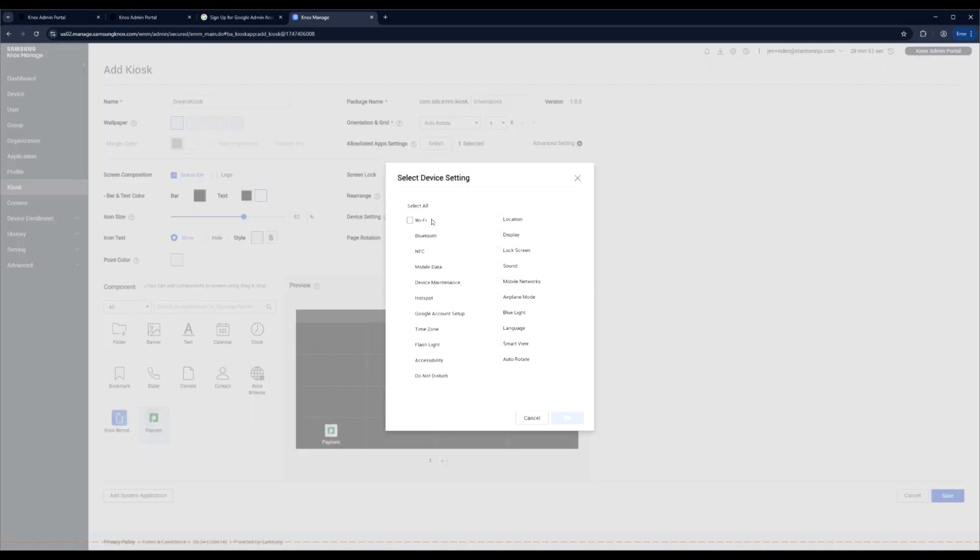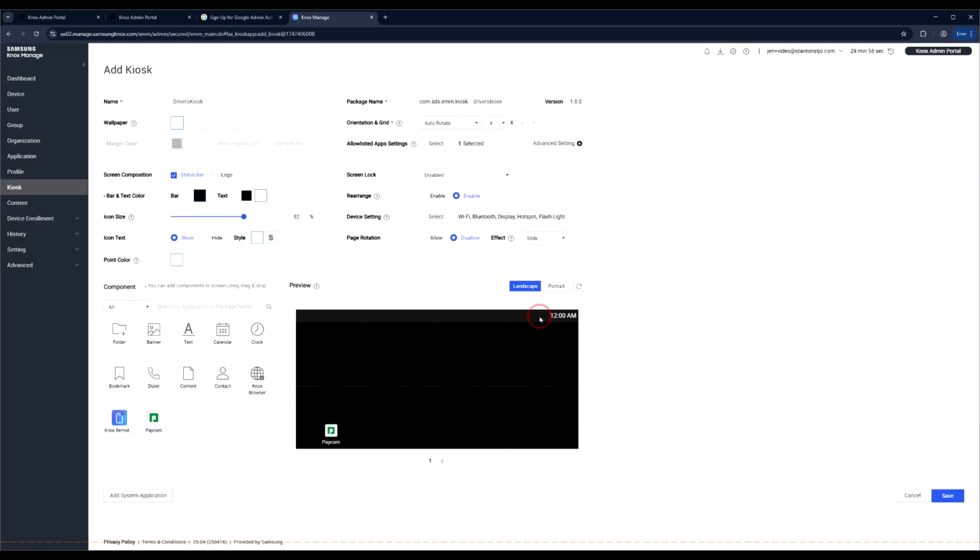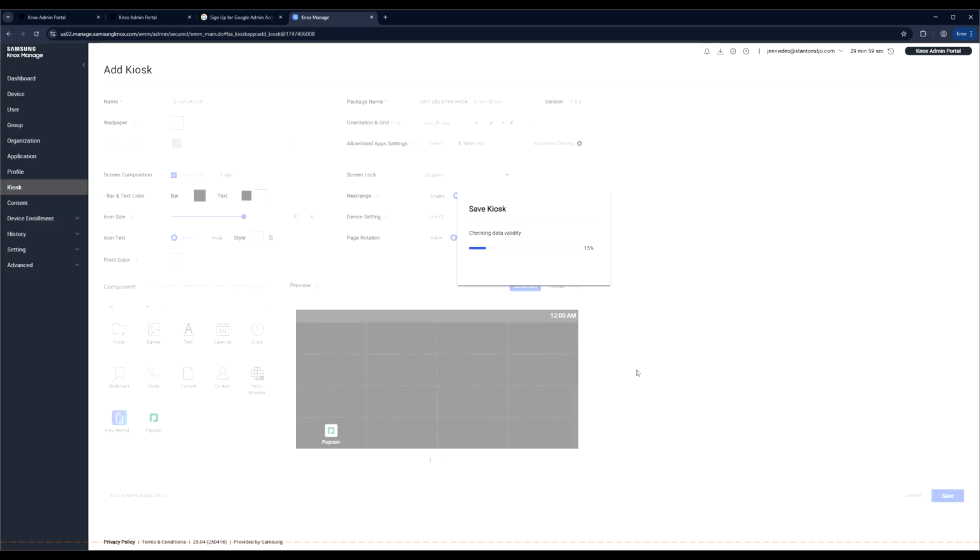I can choose which settings my users have access to. So I want to give them access to things like flashlight and Bluetooth and Wi-Fi, but I don't want to give them access to turn on and off location, so I'm going to lock that down. I think that's probably good. I don't want to give them access to airplane mode, so I don't want them turning off mobile data in any way, so let's just leave airplane mode disabled here. And click OK. So now that I've created this kiosk, I'm going to click Save, and it's going to create this